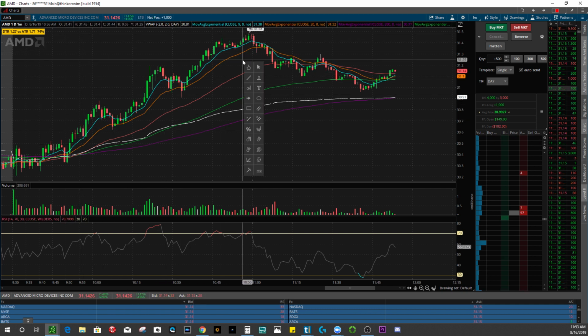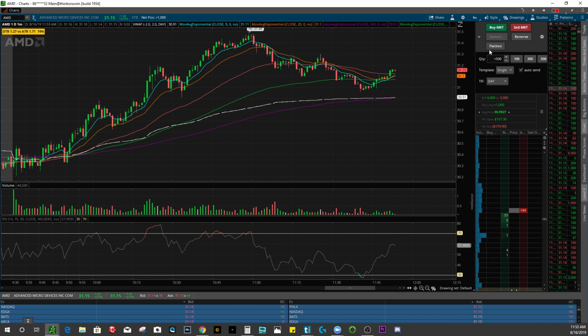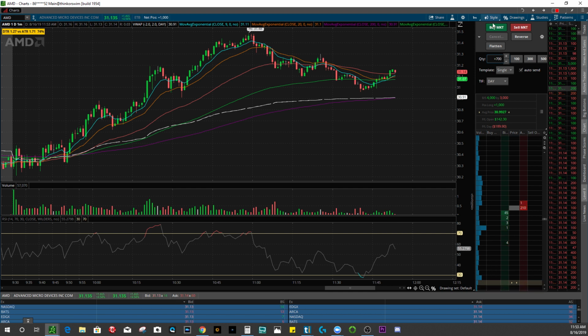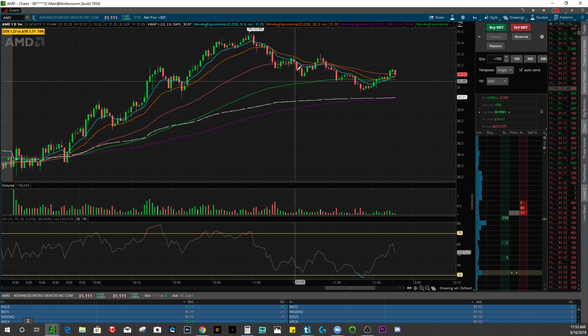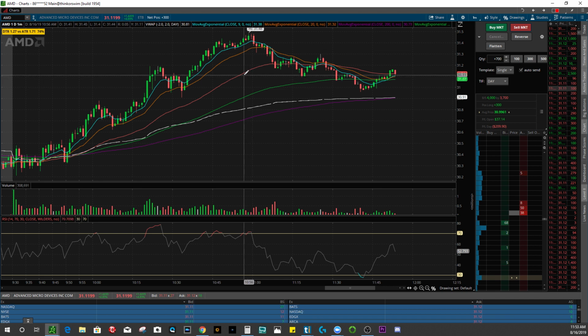Ready? So now we're going to take our Fibonacci extension, and I'm actually going to decrease this position. Ooh, just caught it right on the dip. That's terrible, but it's okay. So still in a couple hundred shares. And now we're going to show you the opposite. Right? So we're going to do,